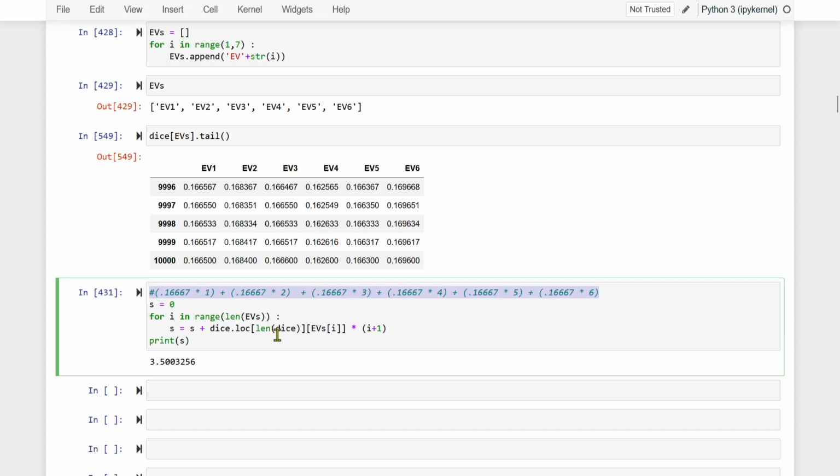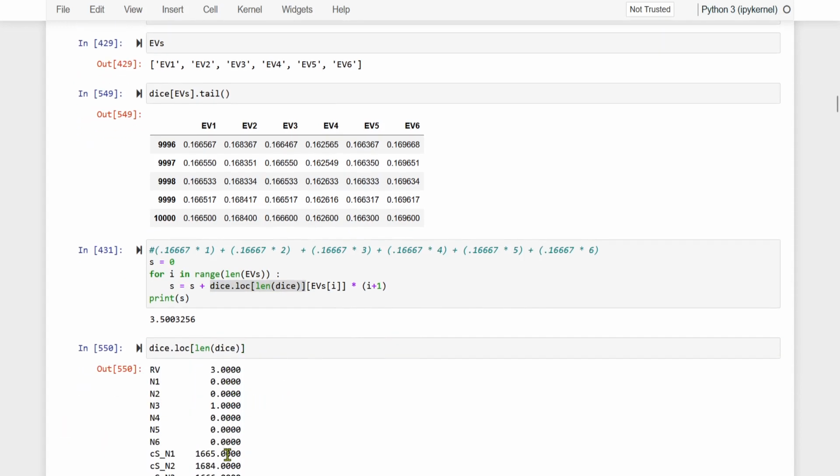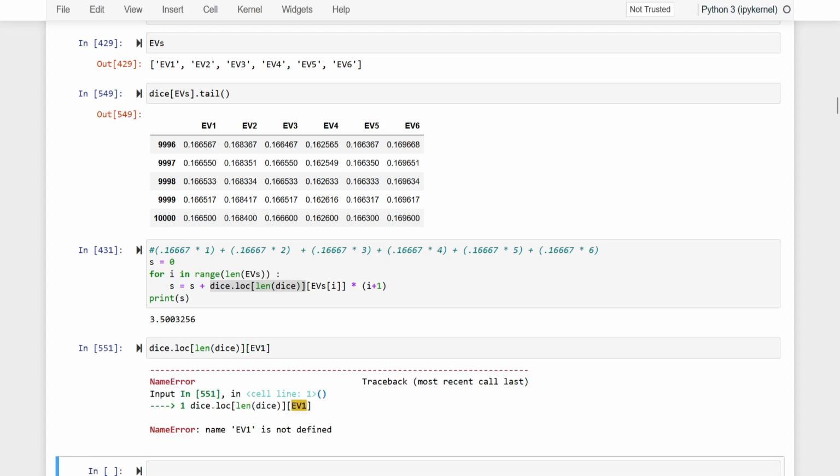We are taking the last row. Just see when we write like this, dice.loc, just see what is happening here. When we write this, what happens? The length minus one is nothing but the last row, 10K or whatever we wrote. This gives us all the information about the last row. But what we are interested in, suppose, is EV1, then we will get, okay, EV1 is not defined. Why is it saying so? EV1 is defined, right? Look,